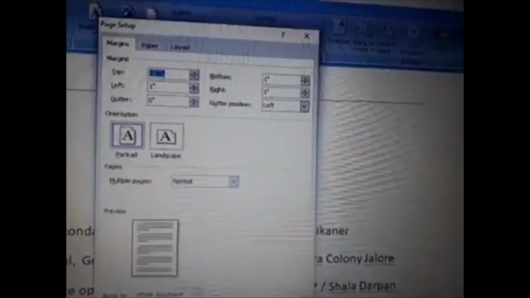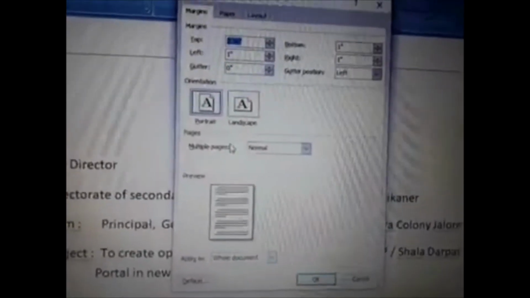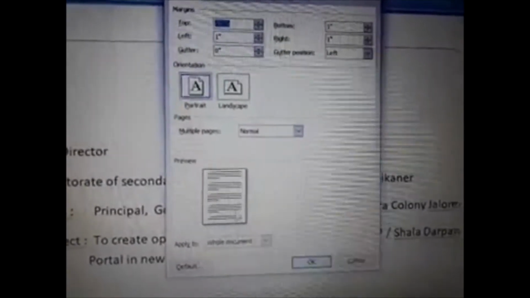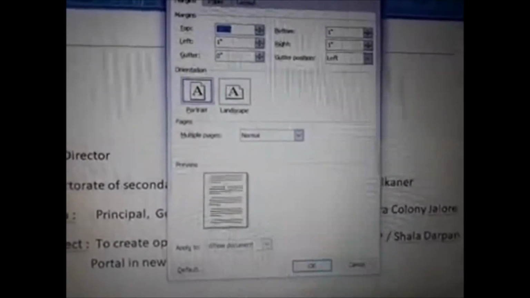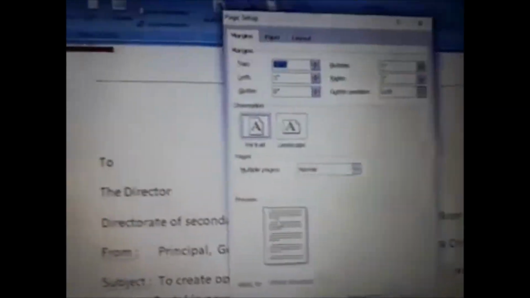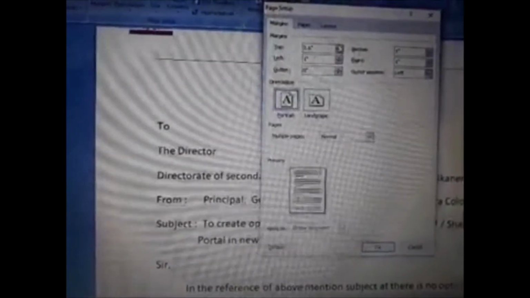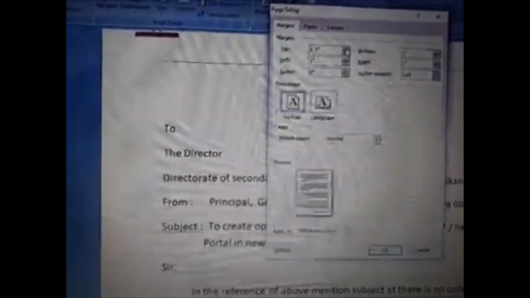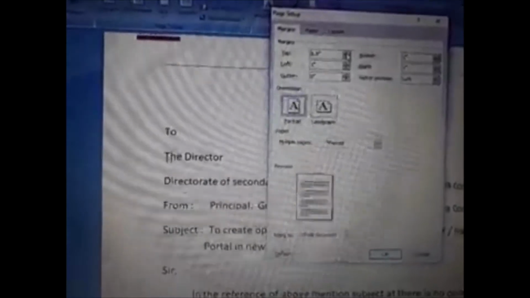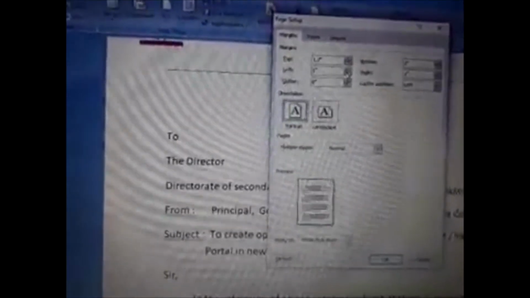Okay, as you change here, automatically this preview will show you how changes will affect the page. Let's have a look. I am increasing this one, top and the left. I am also increasing the left.